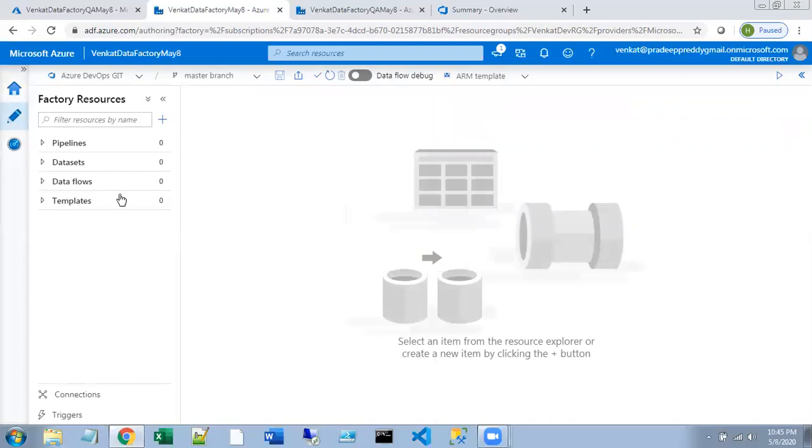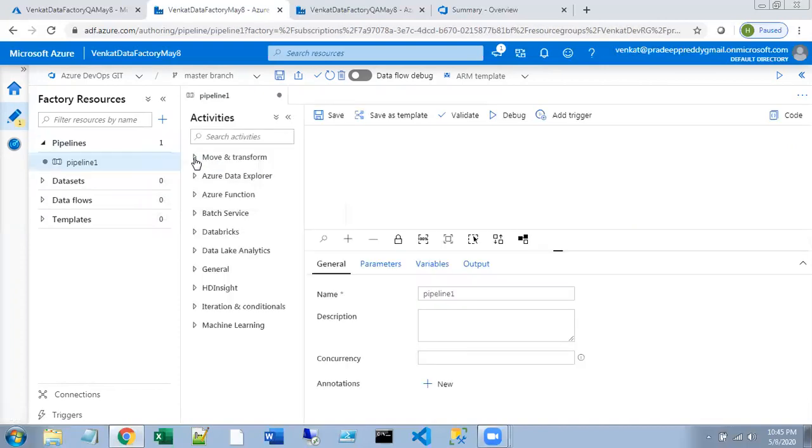The next thing is I'll just create a simple pipeline. As this is a basic video, I'll create a simple pipeline with a wait activity. Down the line, I'll be creating multiple videos around this concept. So this is a basic video. I'm just saying first pipeline.